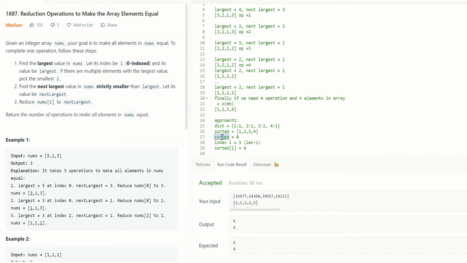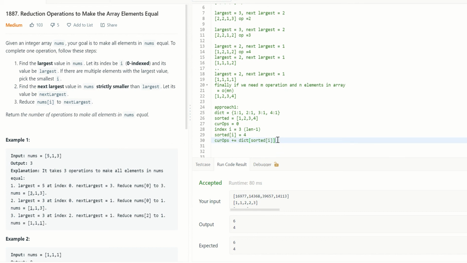Now what we essentially have to do is see how many times 4 occurs. It's one time, right? So we read the value from the dictionary of sorted of I and add it to the current operations. But that's not just enough.